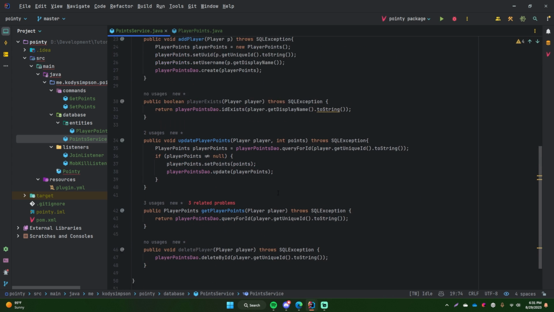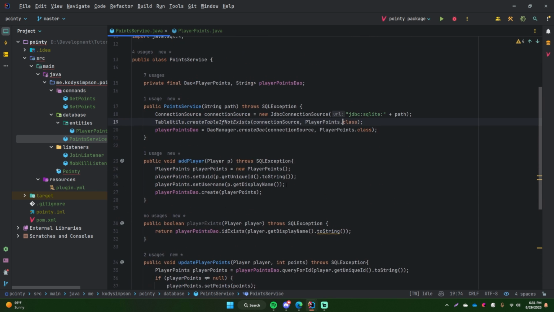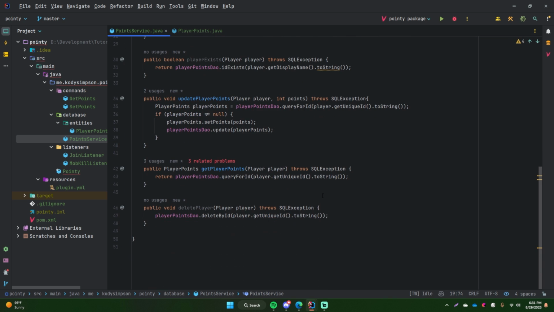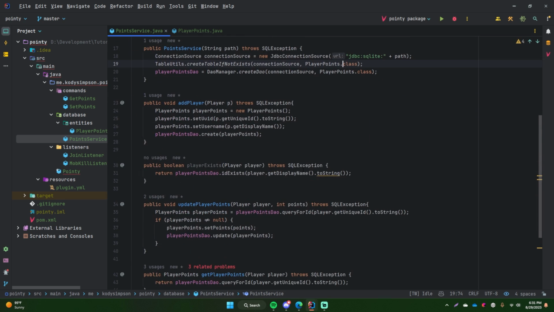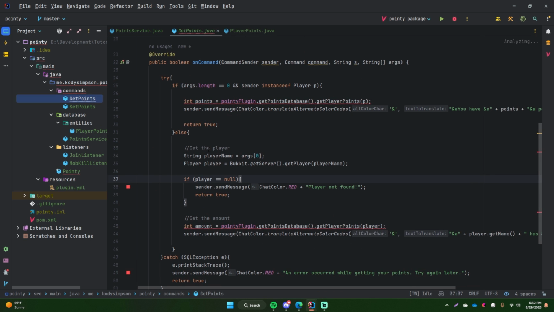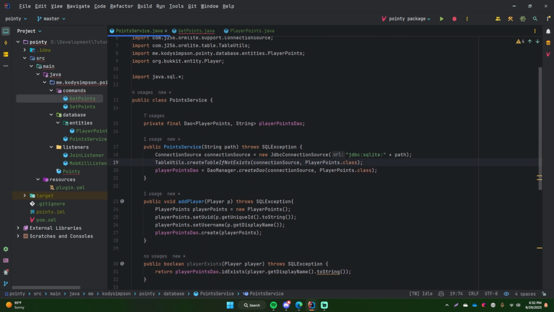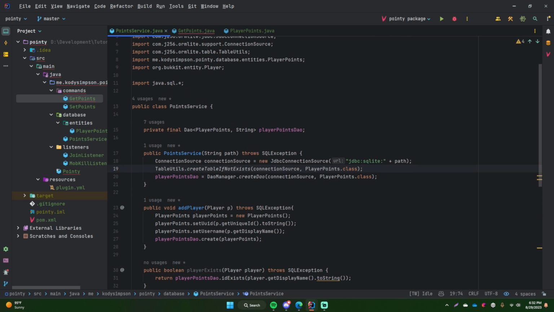All right, now that we refactored our service class to work with ORMLite rather than working with JDBC directly, as you can see, it's much more concise, even better to look at. It's great, right? It does a lot of the heavy lifting for you and makes your job way easier. Now we're going to go to our commands, and everywhere within the plugin that is using this service, make sure that it's using the updated code, because I changed a few things.